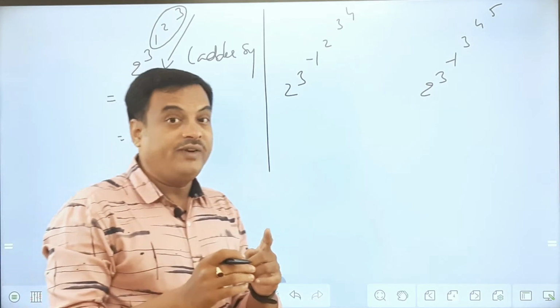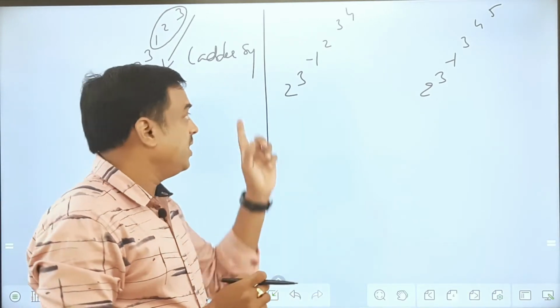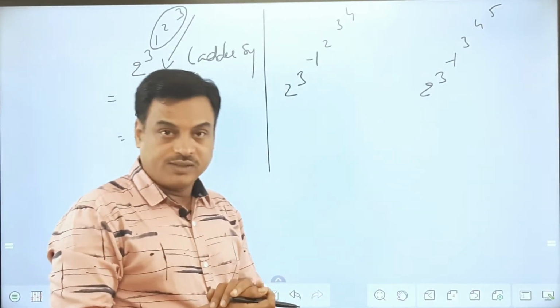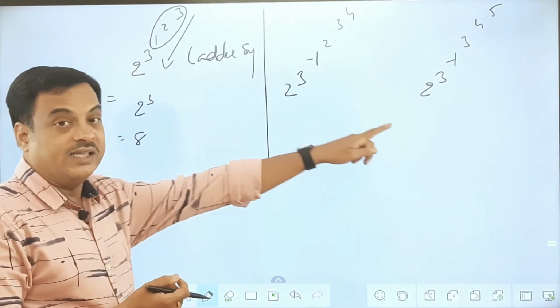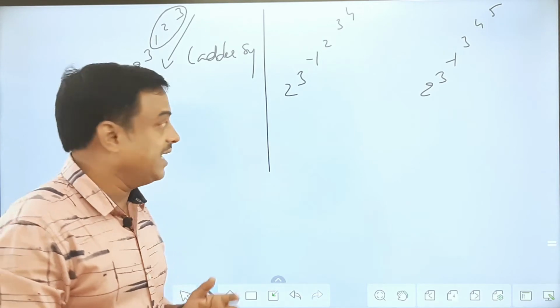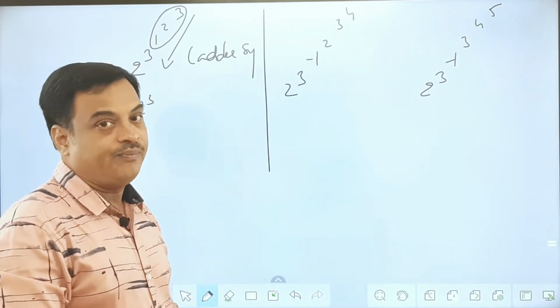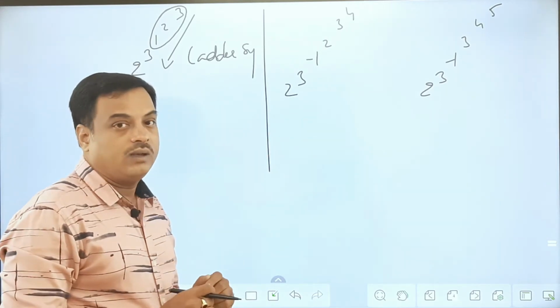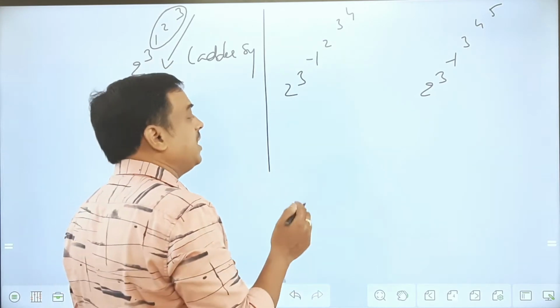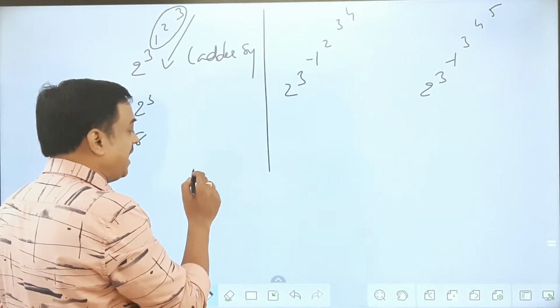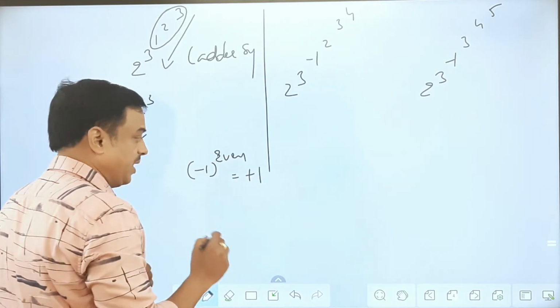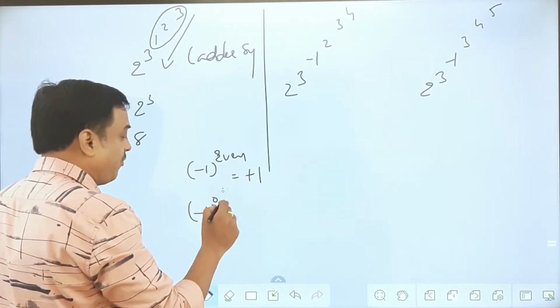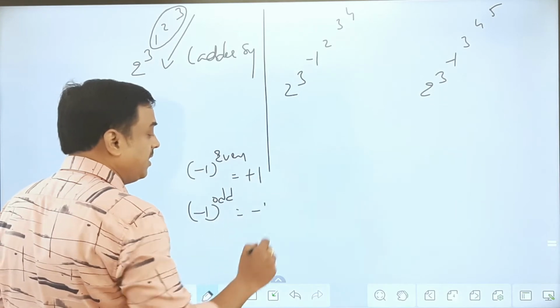You can pause my video here and then check whether you can get these answers or not. Okay. So try these once again. You have the idea here. Try these. This is very important to understand the difference of these two cases. Okay. So now, let us see what is the difference. You all know, if I take minus 1 to the power of an even number, then it becomes plus 1, and minus 1 to the power of an odd number will result in minus 1.